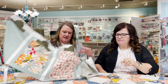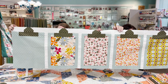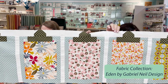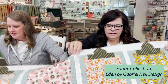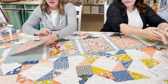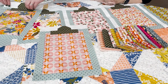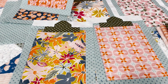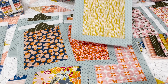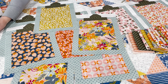Right, and then I couldn't find my pattern, and I don't think I brought it in. Anyway, this one's called At a Glance. These little clipboards are really fun to see. This fabric line is called Eden, and I can't remember who this one's by. I just know it's from Riley Blake. Yes, it's Riley Blake. That's beautiful fabric. But here is some more of the little clipboards that we have here. They are so cute. It's such a different quilt. Strawberries. And at first glance, when you look at it, you think, oh, that's going to be a hard one. Although now you say blues and oranges, I'm looking at